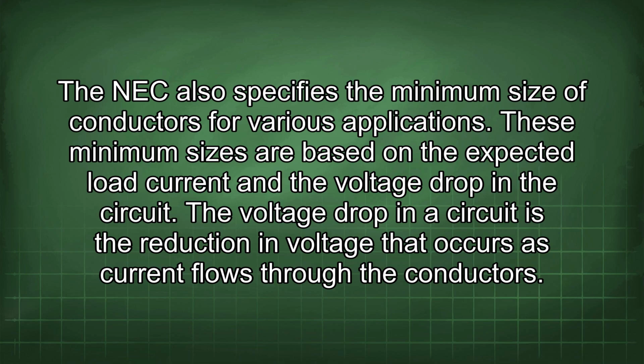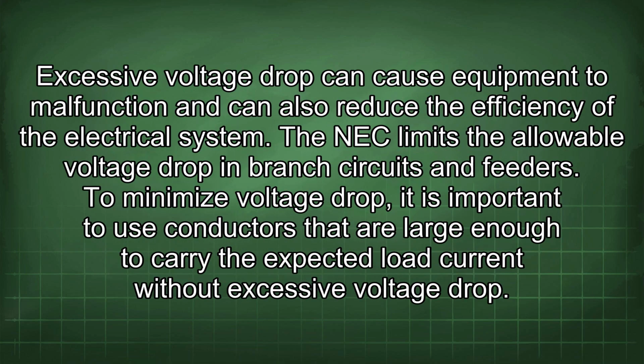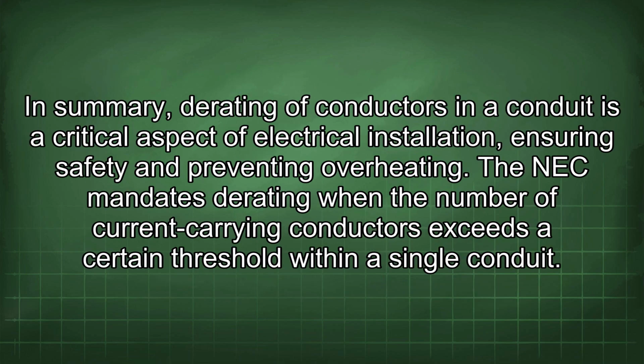The voltage drop in a circuit is the reduction in voltage that occurs as current flows through the conductors. Excessive voltage drop can cause equipment to malfunction and can also reduce the efficiency of the electrical system. The NEC limits the allowable voltage drop in branch circuits and feeders. To minimize voltage drop, it is important to use conductors that are large enough to carry the expected load current without excessive voltage drop. In summary, derating of conductors in a conduit is a critical aspect of electrical installation, ensuring